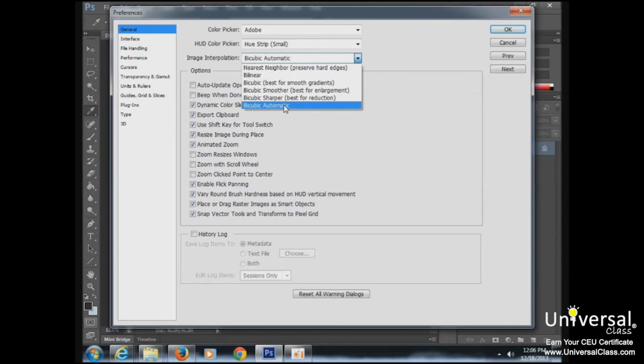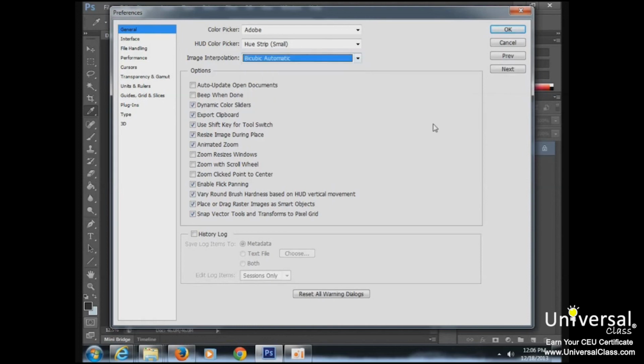Bilinear interpolation only uses adjacent pixels. It's faster than bicubic, but not as high quality. Nearest neighbor is faster than either of the other two, but shouldn't be used for photographic images. However, it's the most effective for images that have large areas that are the same color. We'll cover the essential preferences later in this course. When you're finished setting your general